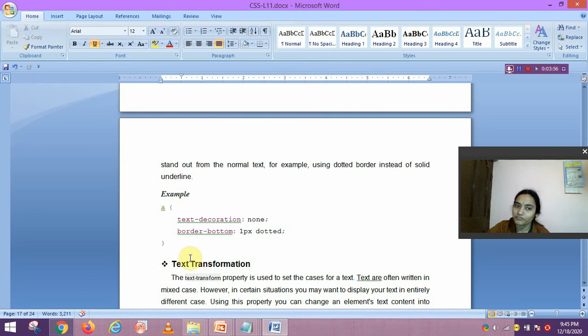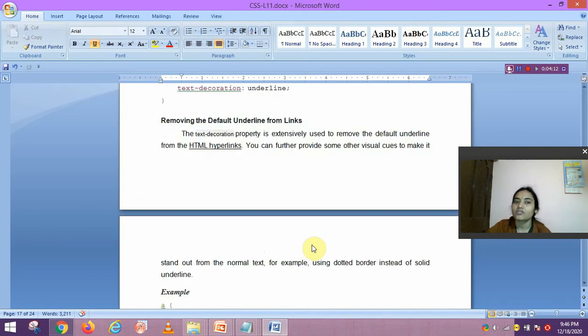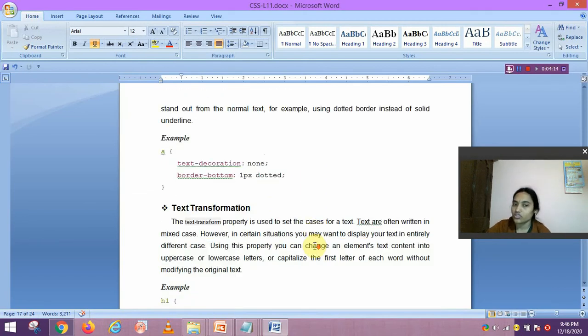So here we write text-decoration equals none and border-bottom equals 1px dotted, so that a bottom border of 1 pixel size, a dotted line, is displayed here. So this is the text decoration concept.